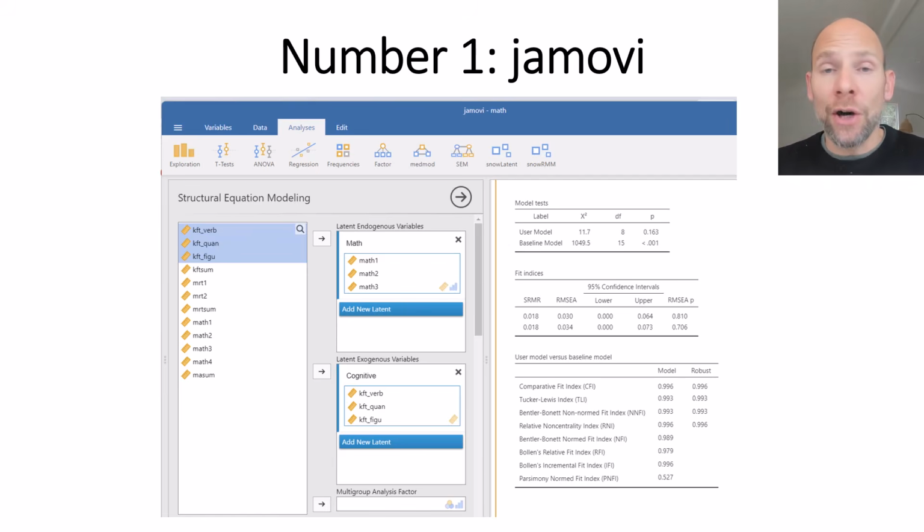And so not only does Jamovi allow you to use a point-and-click interface like you would in SPSS for most options to specify all kinds of complicated structural equation models, but it also has very, very good comprehensive output options, parameter estimation options. And those include, for example, second-order factor modeling, multi-group modeling, use of missing data, use of robust maximum likelihood estimators, proper estimators for binary and ordinal variables, and then also you can generate a path diagram under